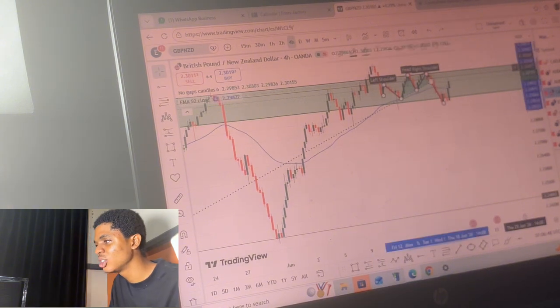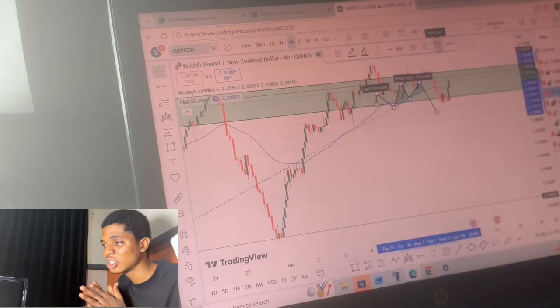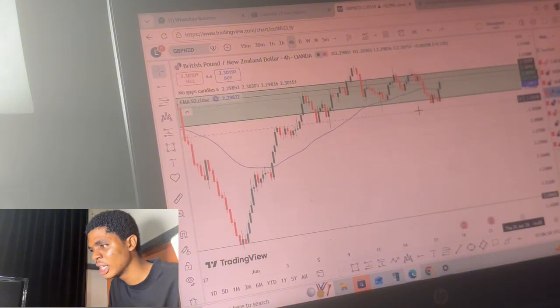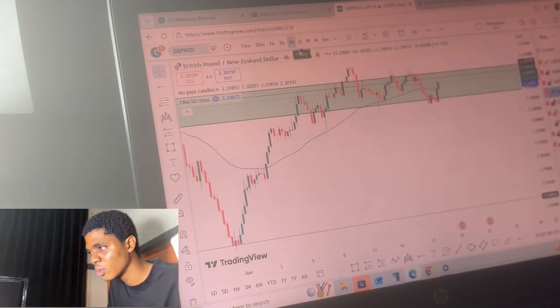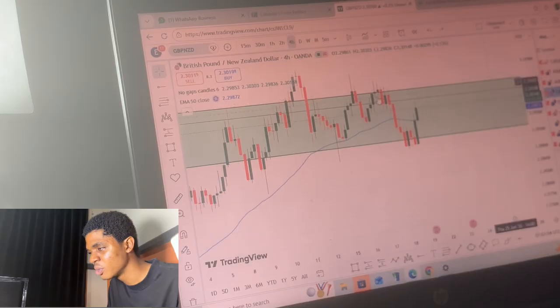So me as a trader, all I'll be waiting for is to take this trade to the downside. You can clearly see I've not yet used my strategy. This is just a little top-down analysis. Are you getting me? So for the 4 hours time frame, I'm going to be marking my area of interest